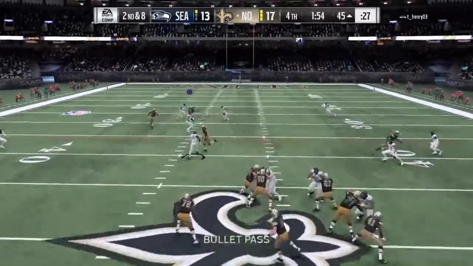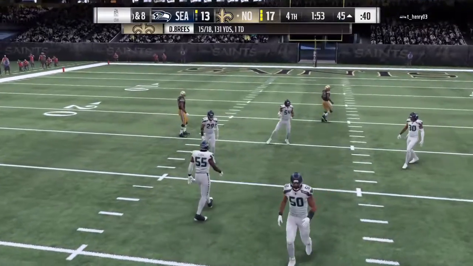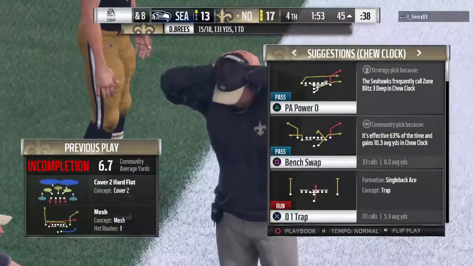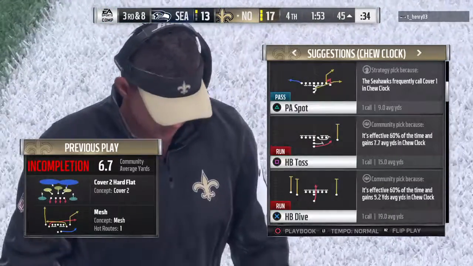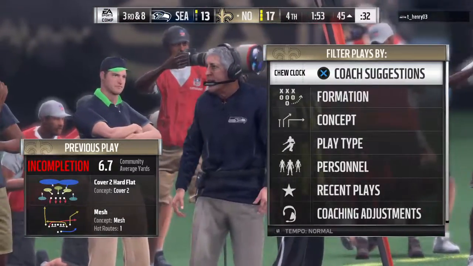Breeze is looking to throw. Throwing middle, but it's incomplete. He was trying to get it that time to Ted Ginn. And it's third down. When I watched that play, I thought about what my coaches had told me in the